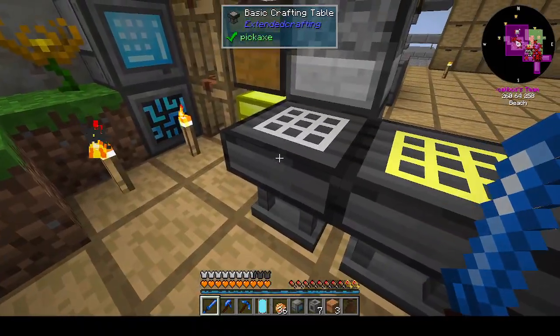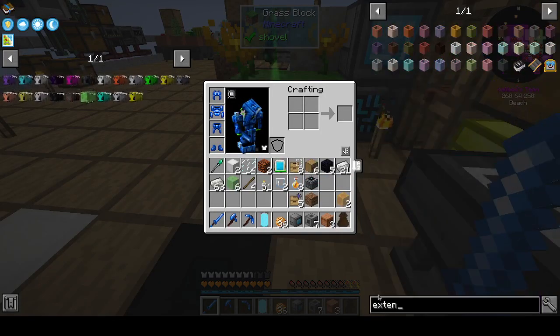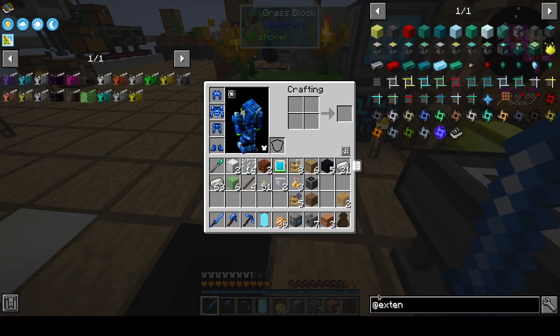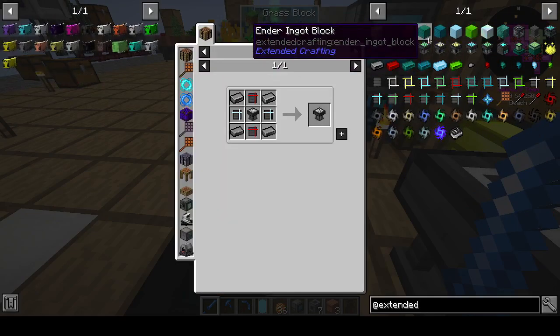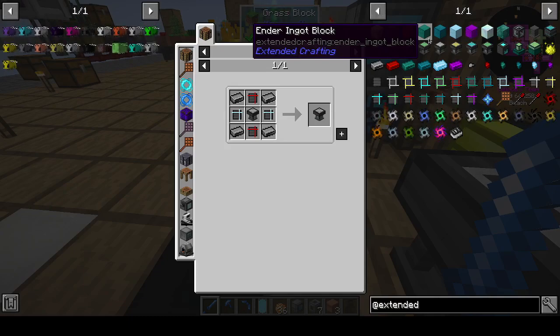Let's see, what is the mod called? Extended crafting. Basic crafting table, basic auto crafting table. So I don't know how this works. So we're gonna have to make one of these and see how it works, or I'll have to do a tutorial or something like that, so that we can start working out how to incorporate this into our crafting and auto crafting setup,